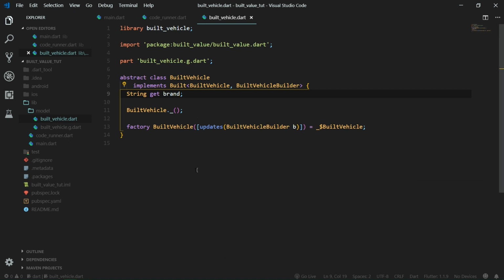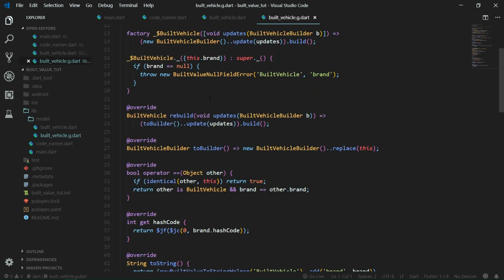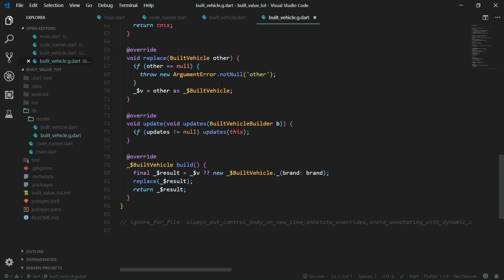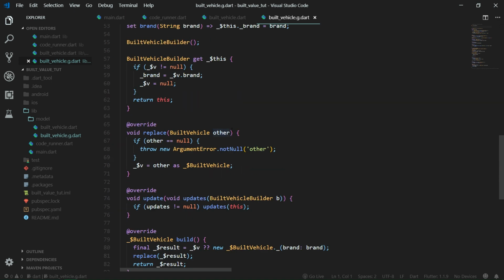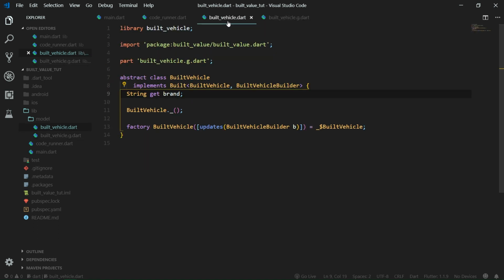When we take a look at the build_vehicle.g.dart file, which is the generated file, it's really long. That's because there is all of the code which you don't need to write. So it really saves you a lot of time. This will make the class immutable. It will make it a data class so that the comparisons will be value-based and not reference-based. But you can probably tell that creating built values like this is a really long process. Just to type out all of this code is really redundant, right? That's why we have